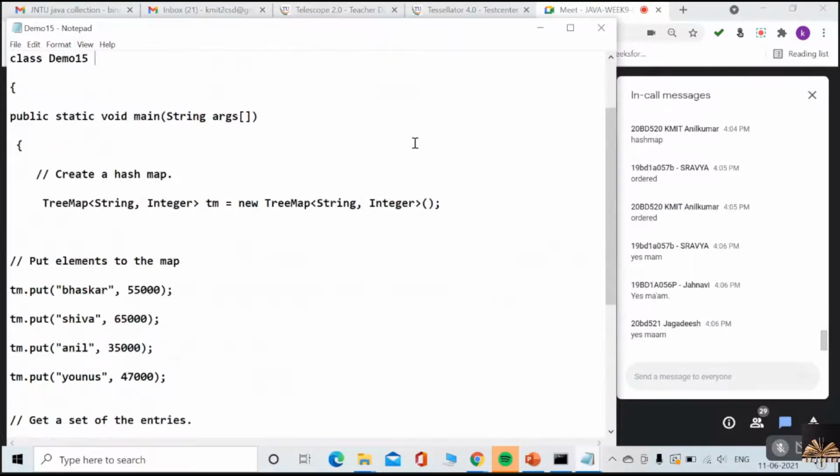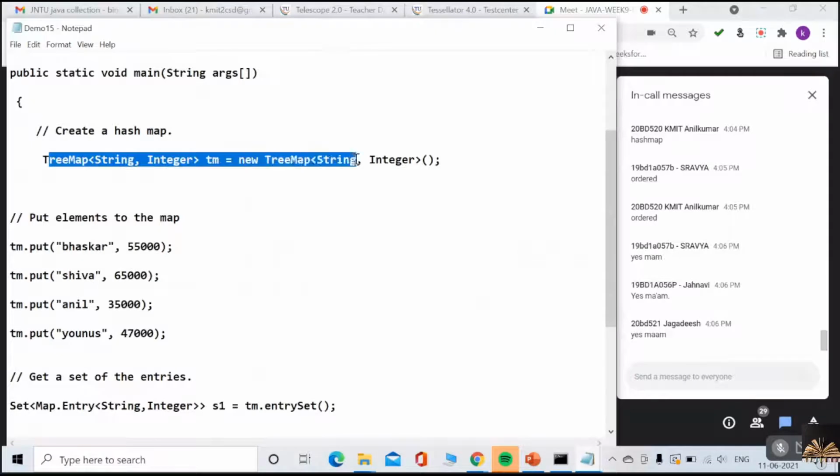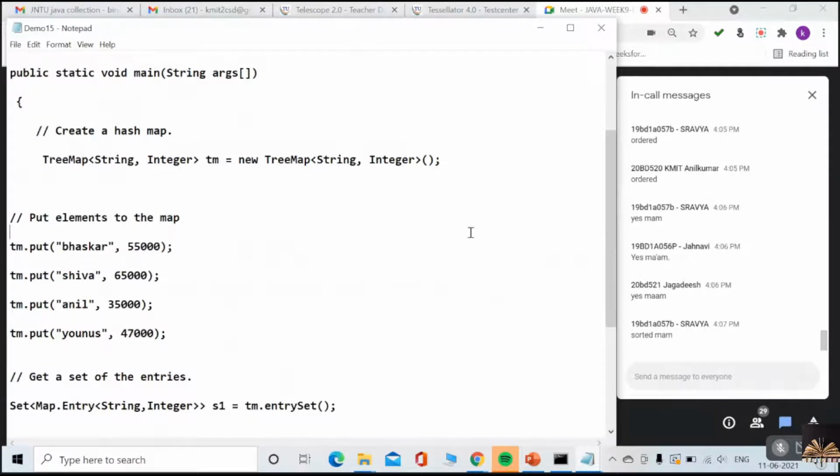How do I have to create the TreeMap? In this way I have to create the TreeMap. TreeMap implements, if you remember the hierarchy, SortedMap. Yes or no? Very good.